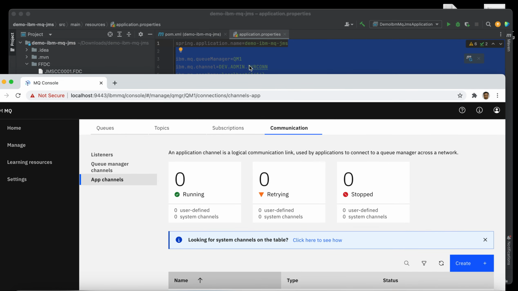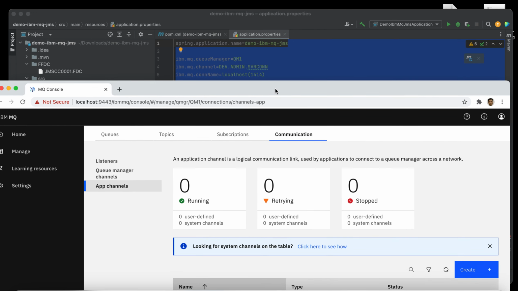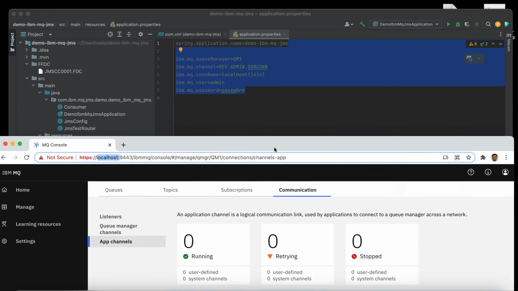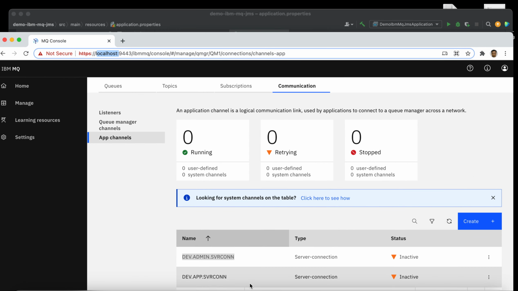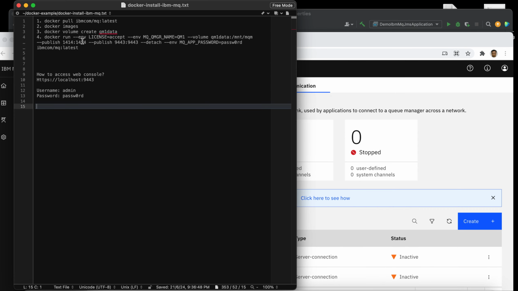Then for the connection name, since we're using IBM MQ in our local machine, we use localhost. Then the port is 1414. Why 1414? Because when I installed it in my Docker container, I used 1414.